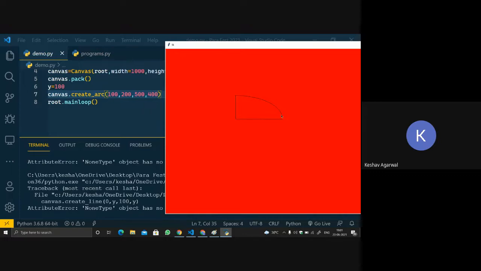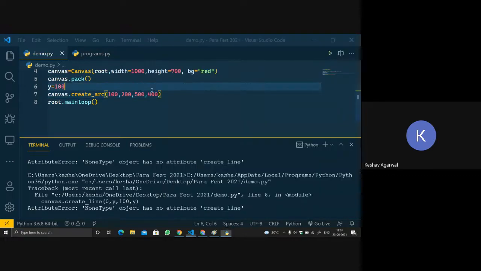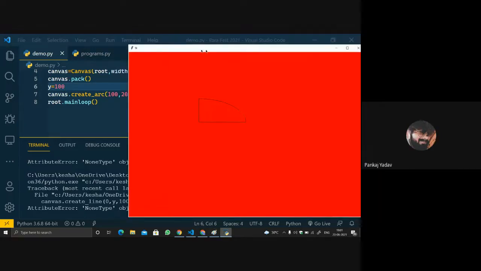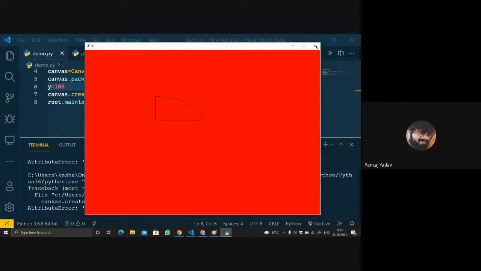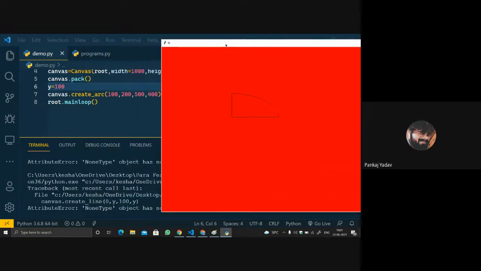So this is how we can create an arc. Keshav, can you please re-explain the concept of arc because I'm not getting this? In the line we give 2 points, so the first two coordinates are for one point, and the second two coordinates for the ending point. In the case of an arc, we are also just giving two coordinates, one for the starting point and one for the ending point. But the part in between, which is a straight line, how is this? Can you please explain this part?